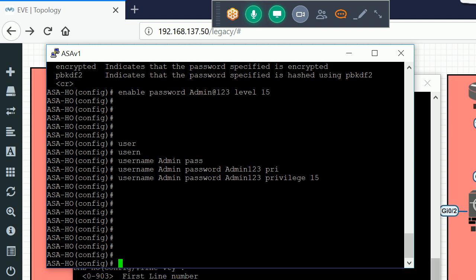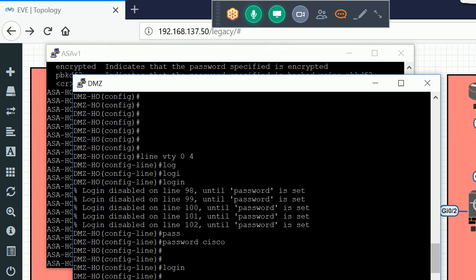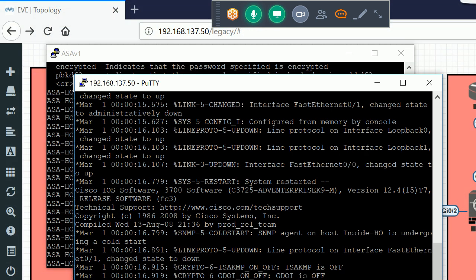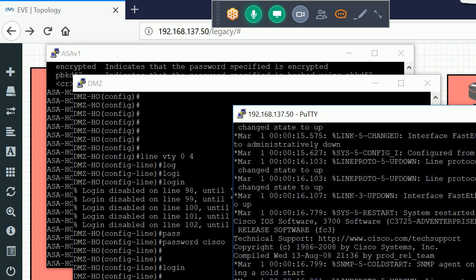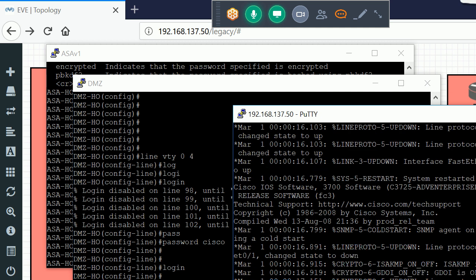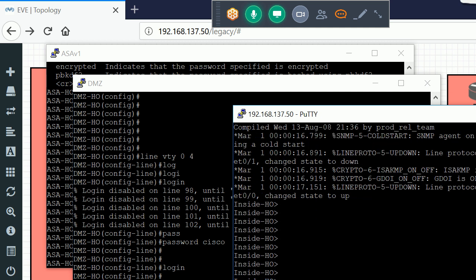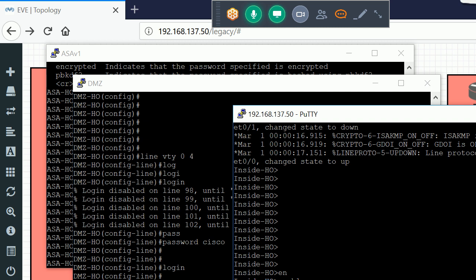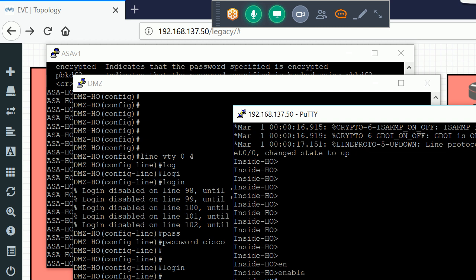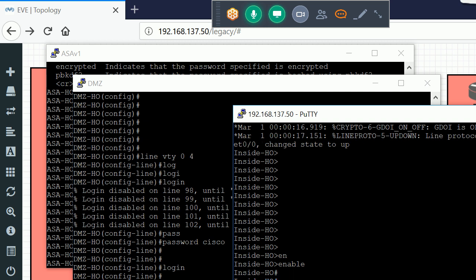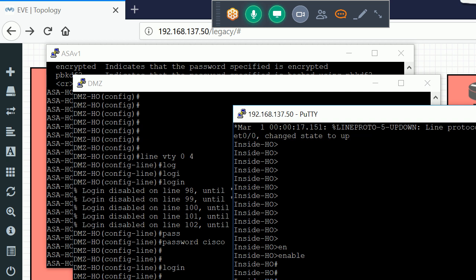Now if I want to take the telnet of my firewall from my inside router, I'll just go there, enable. Now I'll just run this command, telnet 10.1.1. IP of my firewall.